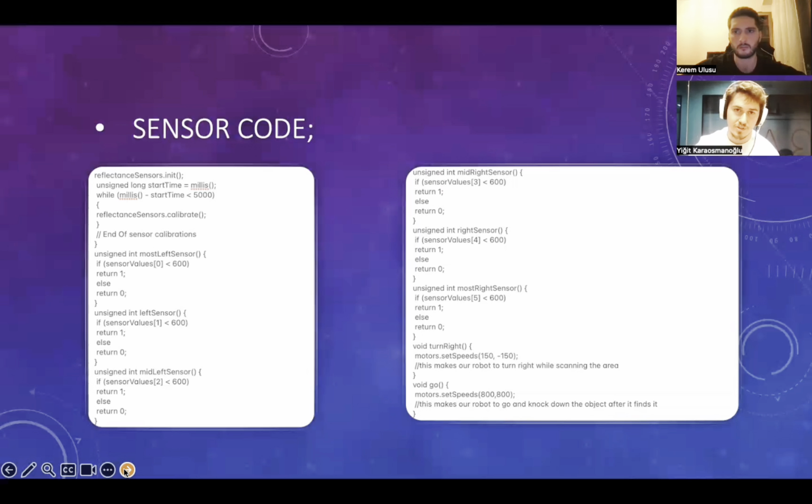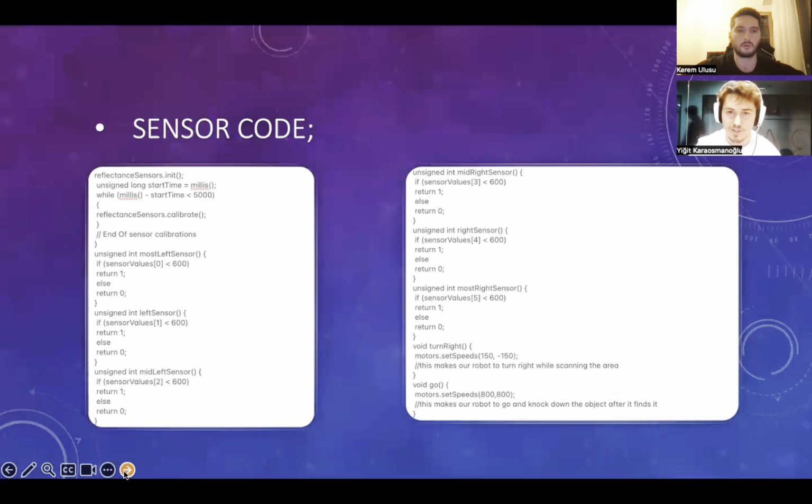So we have the real deal right after it, our void loop. The loop function is the main loop of the program, and it keeps running. First, it sets a finish time for the robot's whole process. In this scenario, we use 10 seconds. The position value variable stores the line position value obtained from the reflectance sensor's code. So our first if statement, if most left sensor